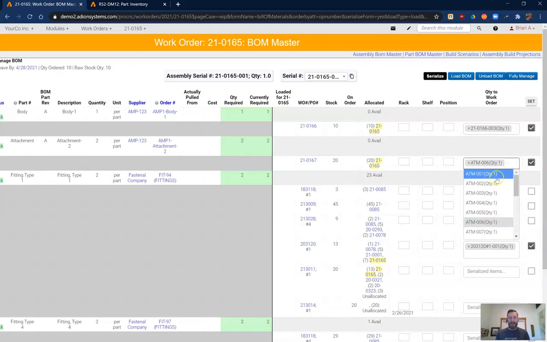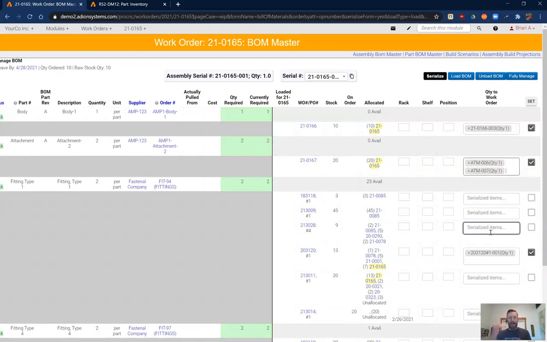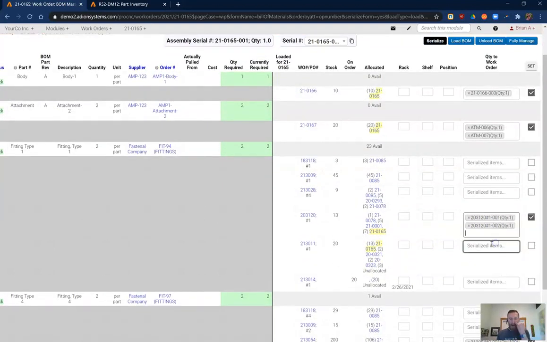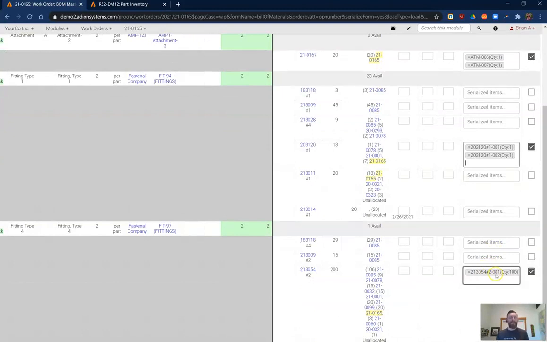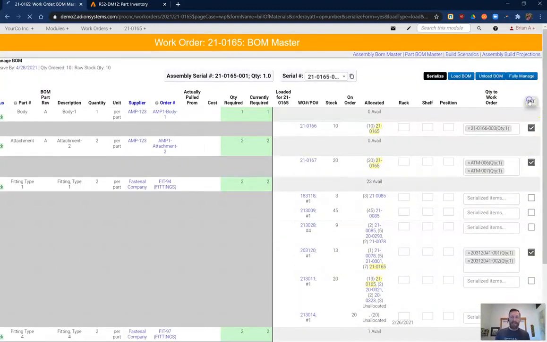Here, I can use serial number 6, but you can see my currently required is 2, so I have to do that again. Of course, I don't have to go through the whole list. I can do these all at once for each line item. But here again, I need 2, so I can select that I'm going to do 1 and 2 from that. And this is a batch, so because there's 100 pieces in this batch, I don't need to actually select 2 out of here. When I hit set,